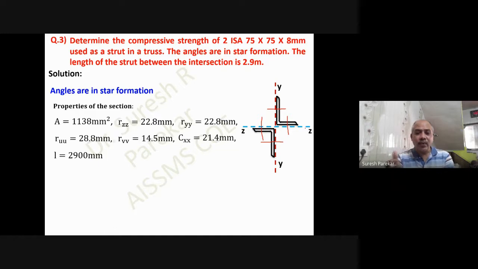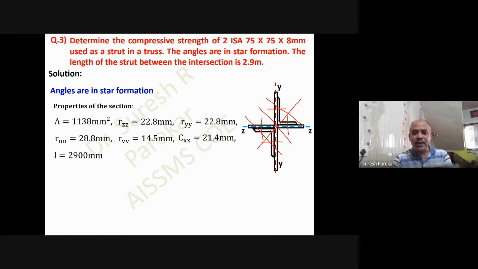Now we have to check our UU also and our VV also. In this, these may be lesser ones, and therefore we will have our UU. Our UU we are going to get along this line. So our UU individual and our UU whole are along the same line, but our VV we have to calculate for the whole section, because VV is along this line, and then we have to transfer it, which will be along the center of this.